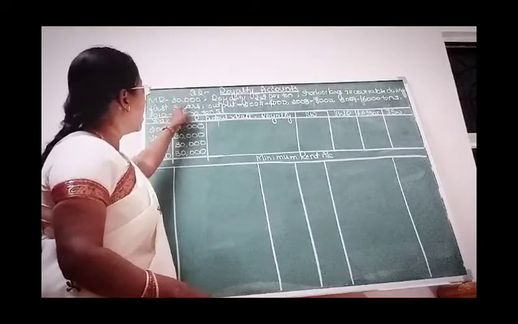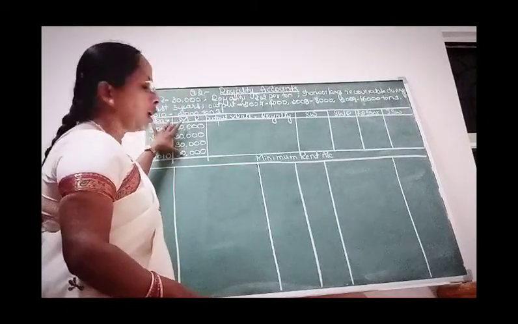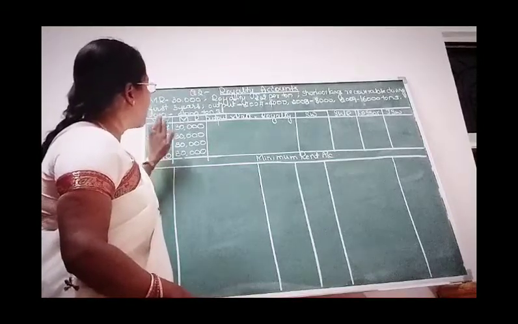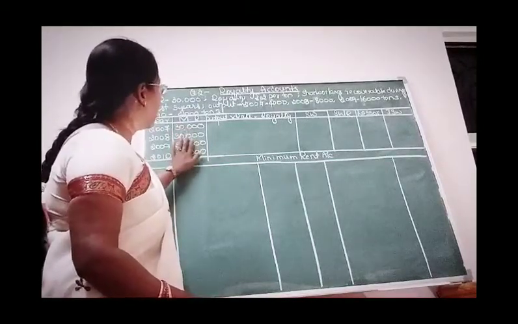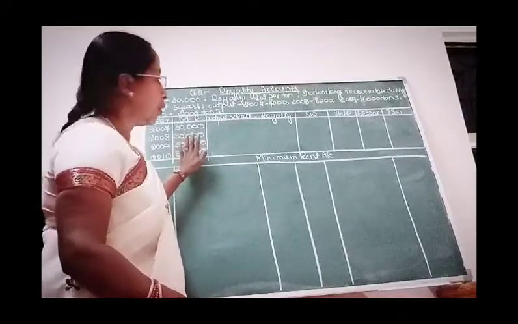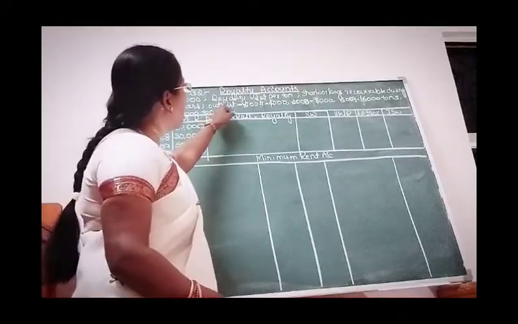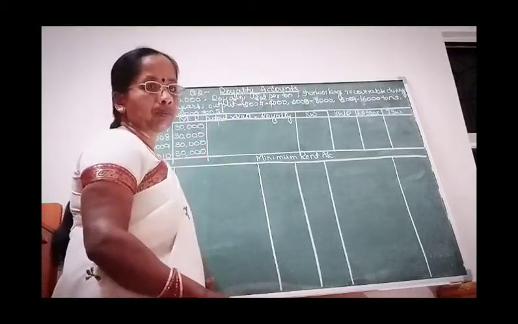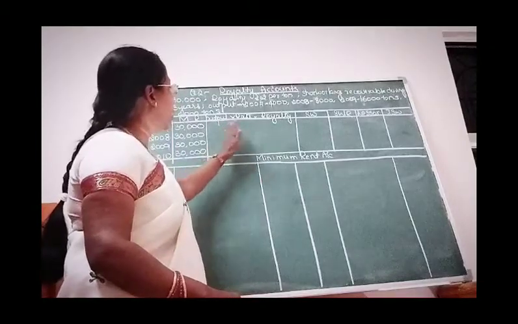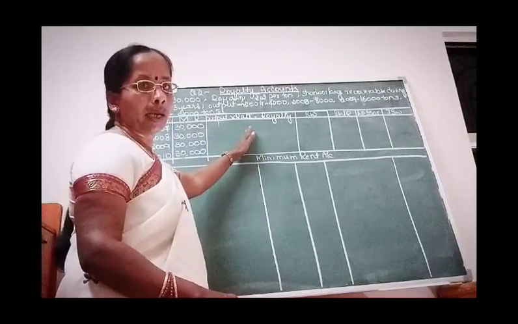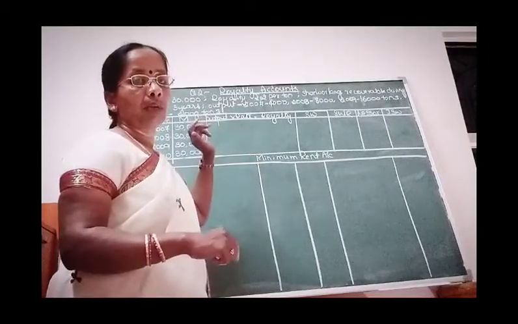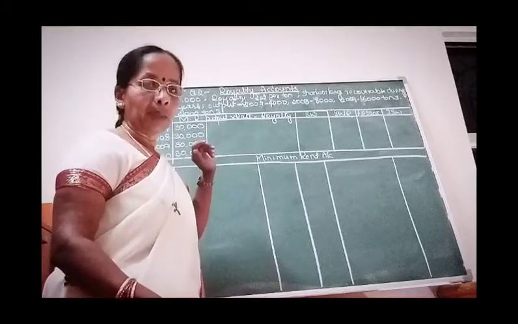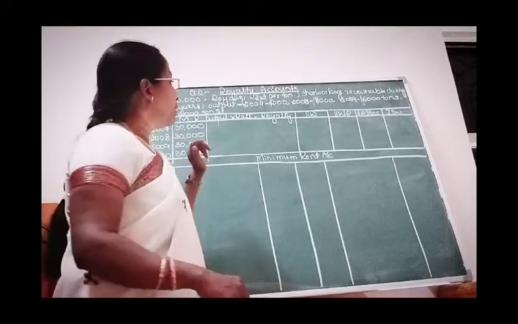minimum rent is given as 30,000, which I have filled in for all 4 years. The first column is maintained for the year, the second column for minimum rent, 30,000 for all the years, already entered, and the third is royalty at the rate of rupees 2 per ton. So we need to show the multiplication, output into rate, we have to show the calculation. But in the previous session, the royalty was 1 rupee per ton, so there was no necessity to multiply with the output. It will come to the same.